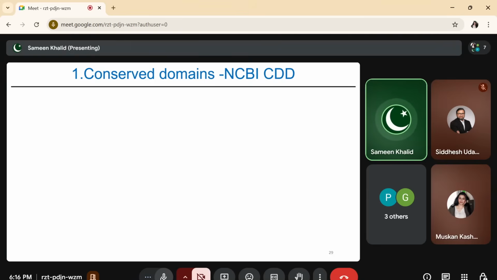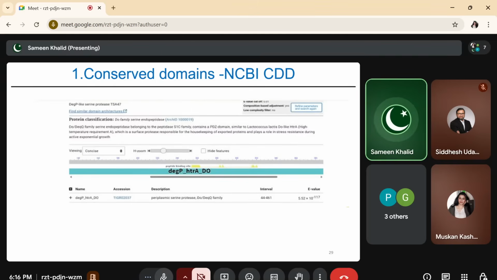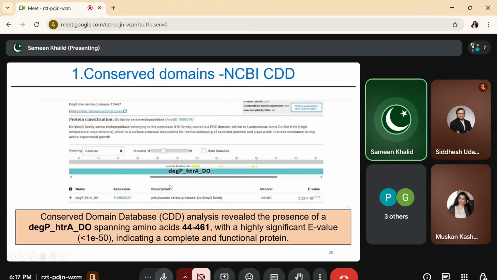The basic purpose of functional annotation is to identify the function of the protein, because we have already interpreted the conserved region, that is, where a particular amino acid was present. Now we have to identify what the function of that particular protein is. For that we need to search for that protein in the NCBI conserved domain section, and there we get to know that